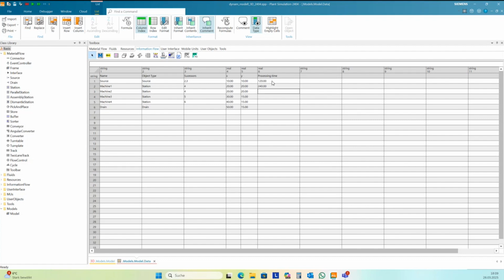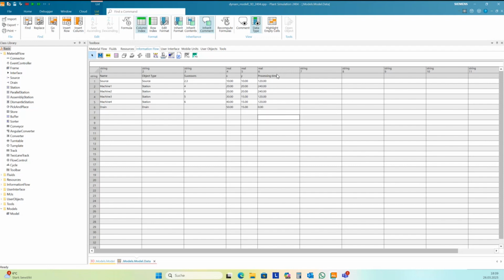240, 240, 120, all in seconds. I guess you know that in Plant Simulation, the time data type is based on seconds, and you need to be really careful if you use databases and use some internal database time formats.